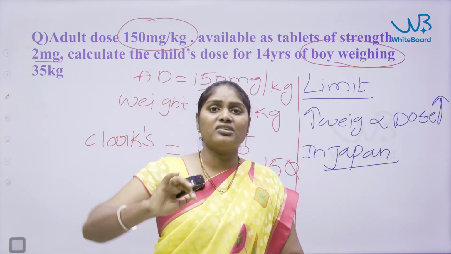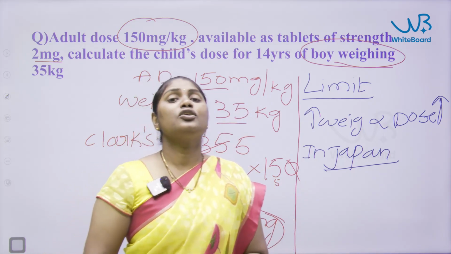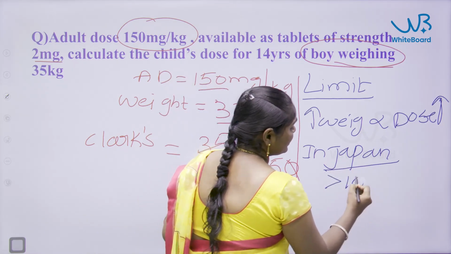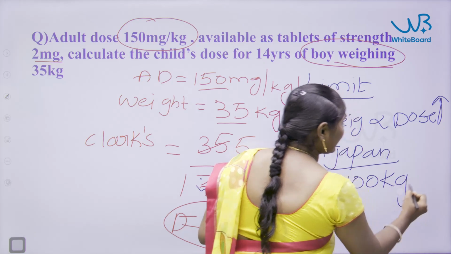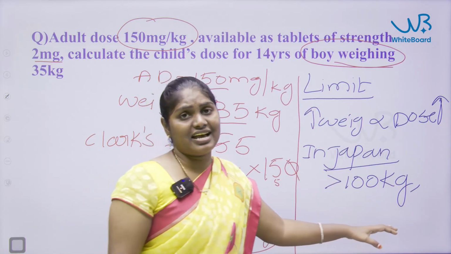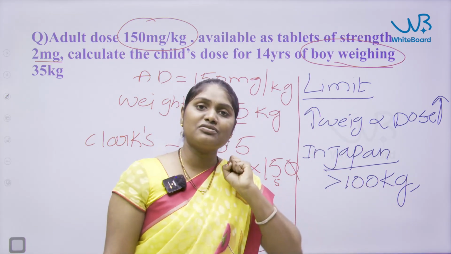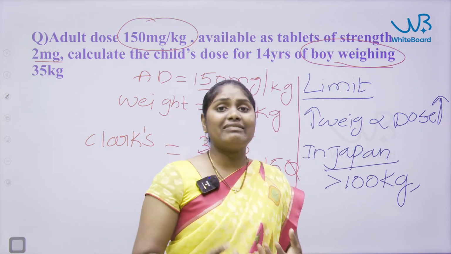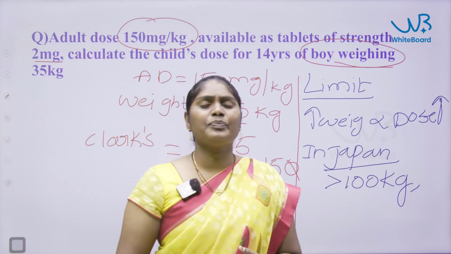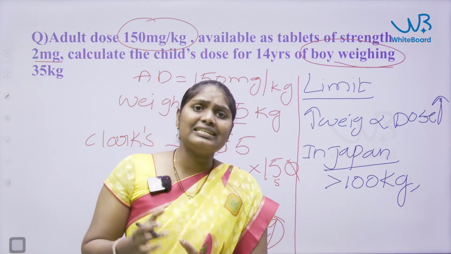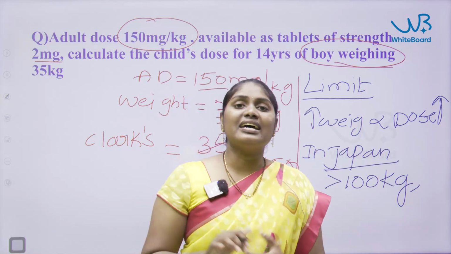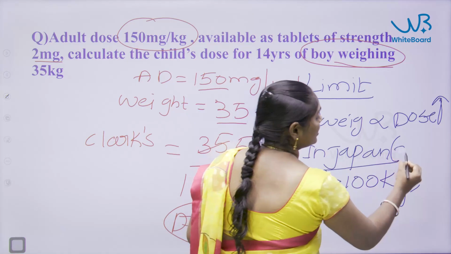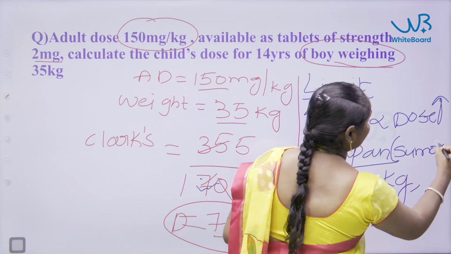But in Japan or some other Korean countries like that, you will call those children sumos. In there, the children's weight is nearly more than 100 kgs. If that is the scenario, the child is fat, but his development of enzymes and his metabolic system is not exactly the same as that of an adult. So it doesn't indicate that it is applicable for sumos who are overweight. Those are called sumos.